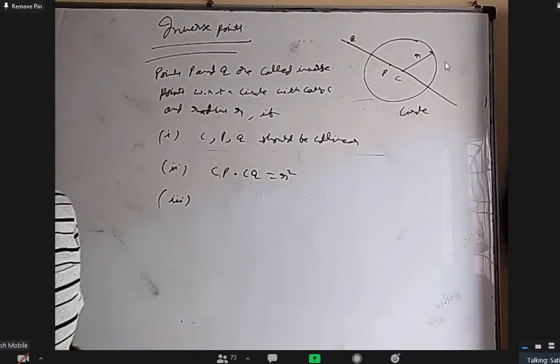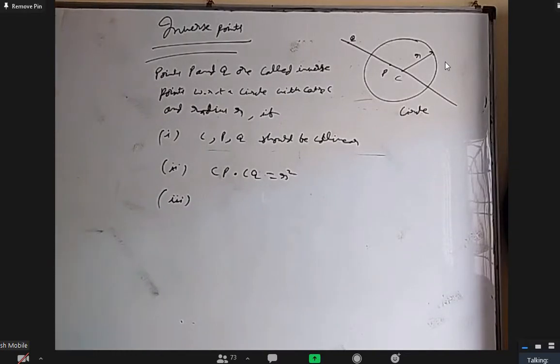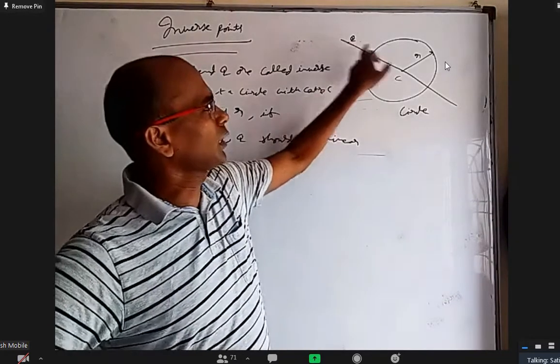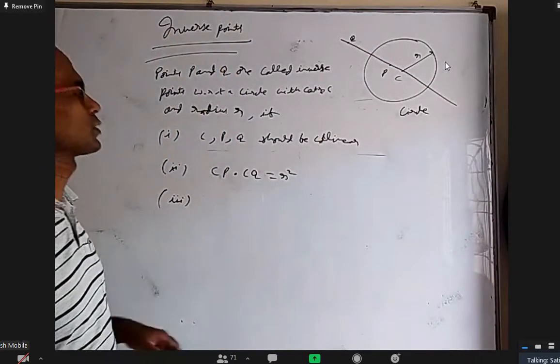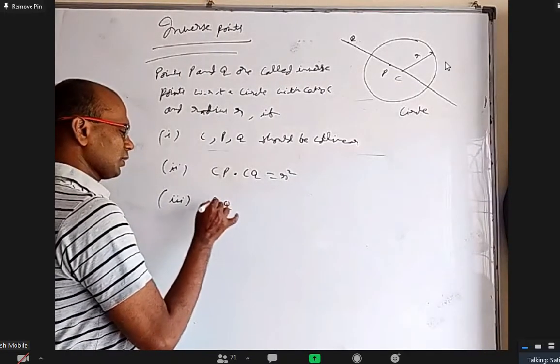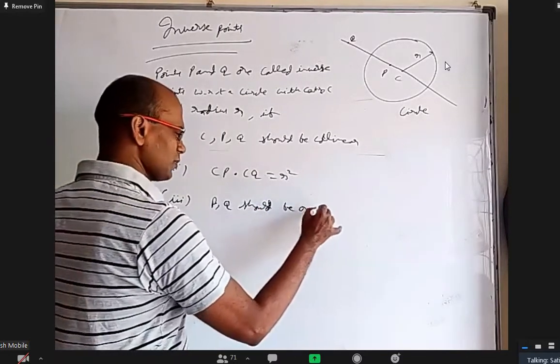If I give point P, how many choices will be there for Q? What do you think? I'll give the center and radius and point P. How many choices will be there for Q? Two, sir. Because if there is a point here, there will be a point this side also at the same distance, right? Okay. But actually Q is unique because of one more condition. That is P, Q should be on the same side of C.